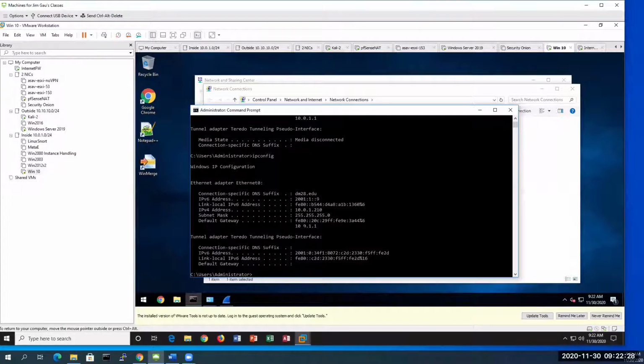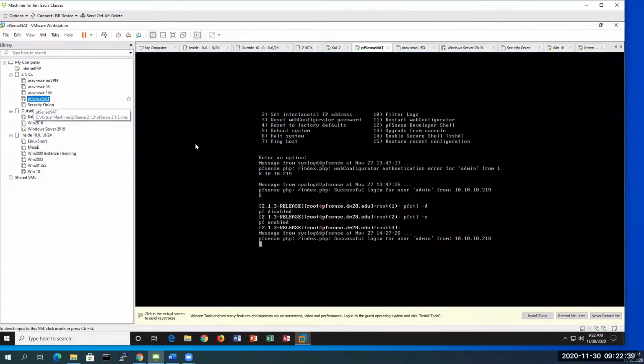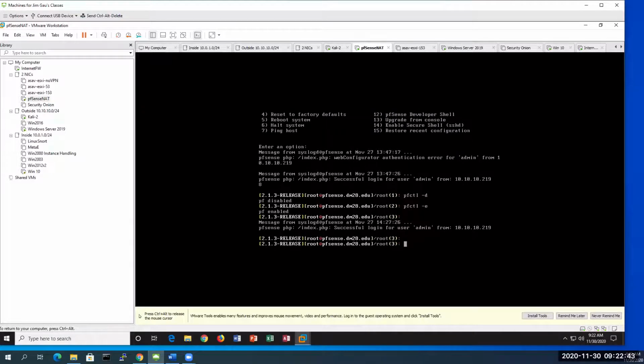So put the MAC address question on the side. Let's take a look at that. To verify the default gateway, this FEA0 and the 3A44 belongs to PfSense. You can go to the PfSense and then hit enter a few times,